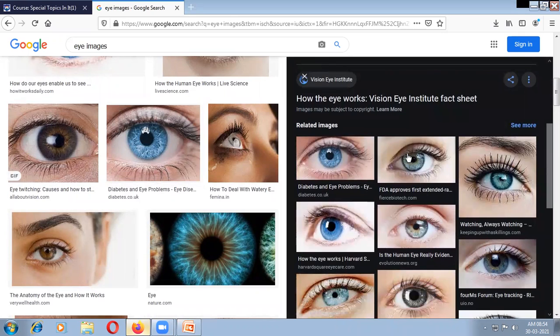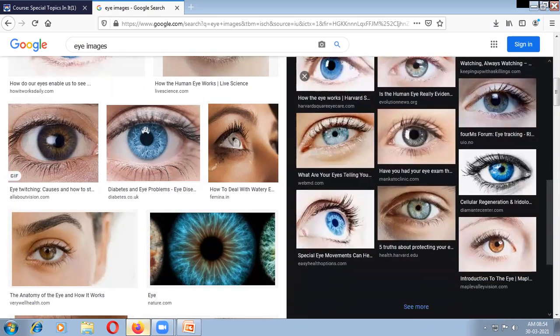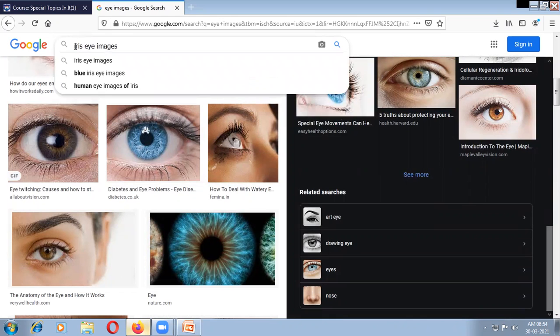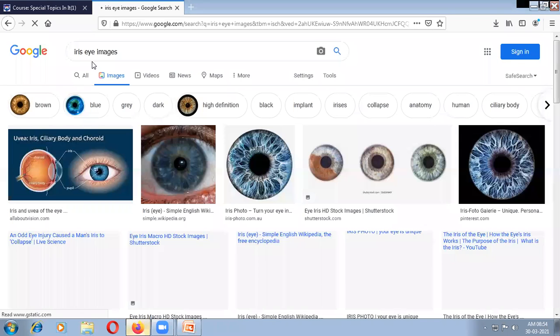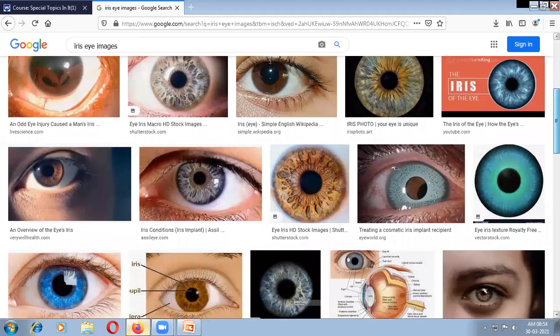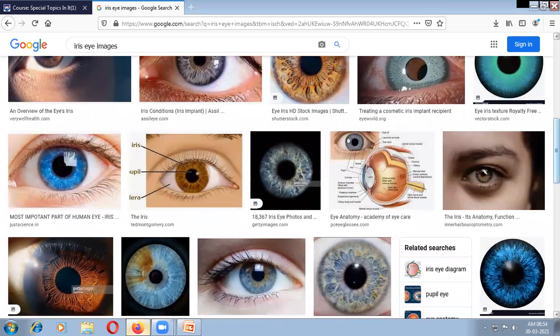If you take the same picture here, the iris may be big, here it is small, here occluded, here fully open, here only 25% is showing. So we have a lot of problems occurring. In order to do this process, if you take an iris eye image, probably you are taking the different patterns of iris images which are available.